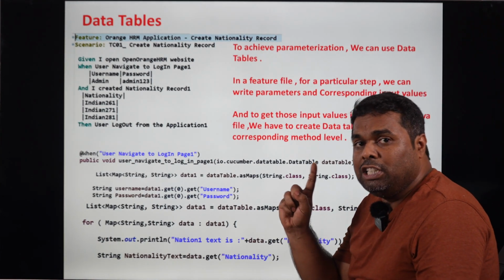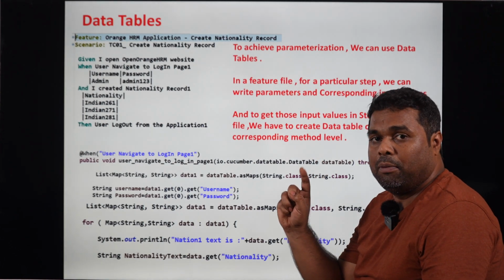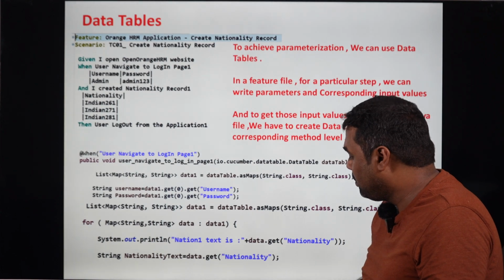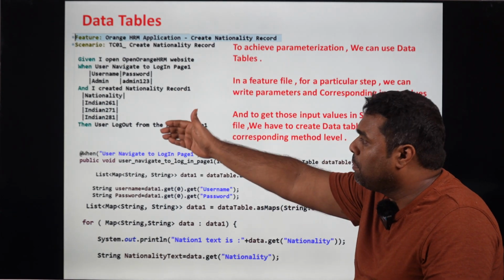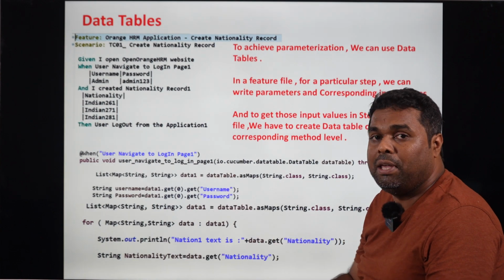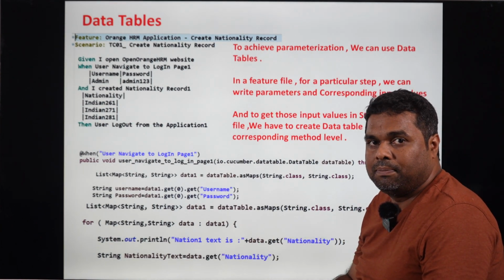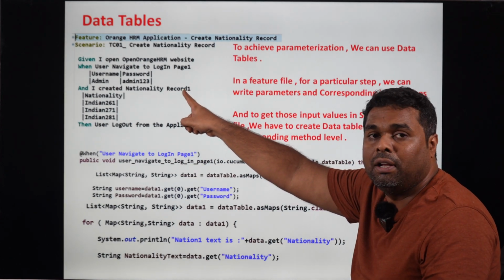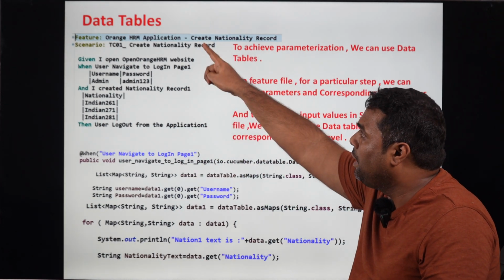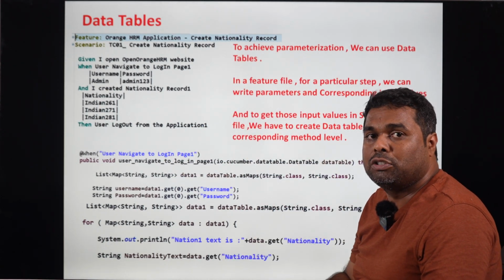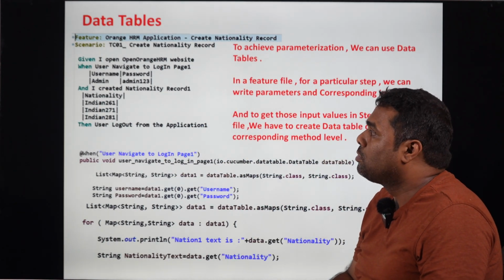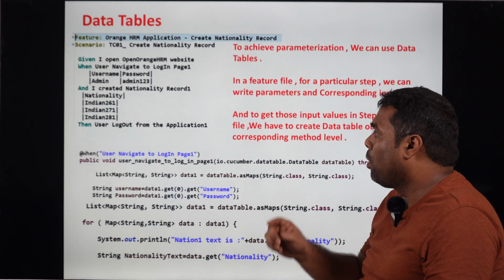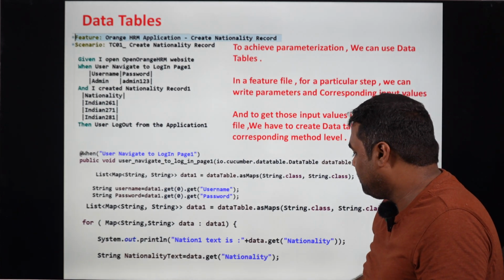So, the difference between scenario outline and data tables we have to discuss now. In scenario outline, all the steps are executed multiple times, but in data table only this particular step is executed 3 times; all steps are not executing every time. So, that is the main difference between scenario outline and data tables. Now let us go to the next concept,